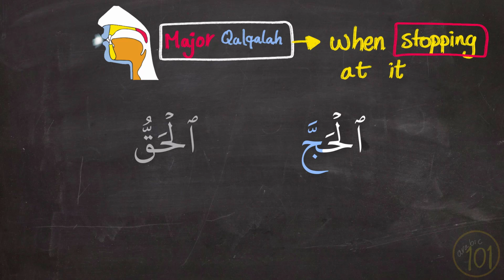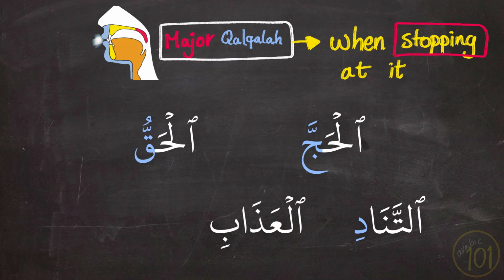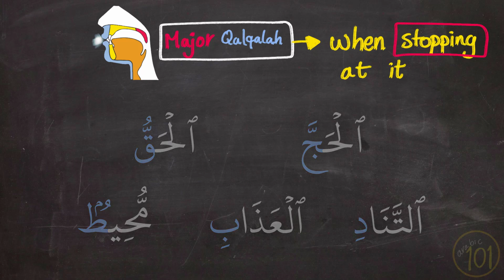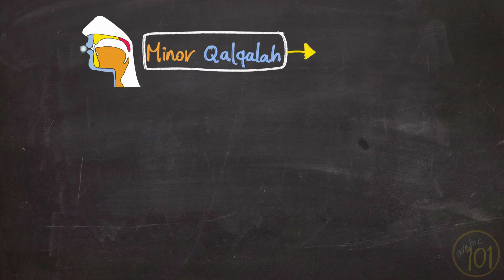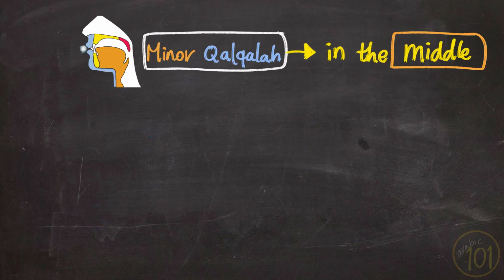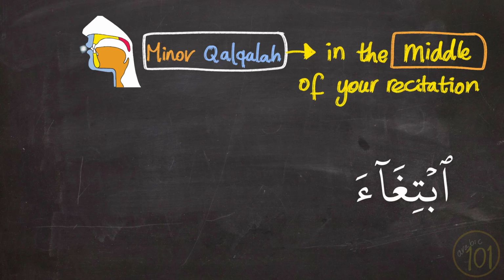Al-hajj, al-haqq, at-tanad, al-adhab, muhit. But minor qalqalah happens in the middle of your recitation, like ibtigha,